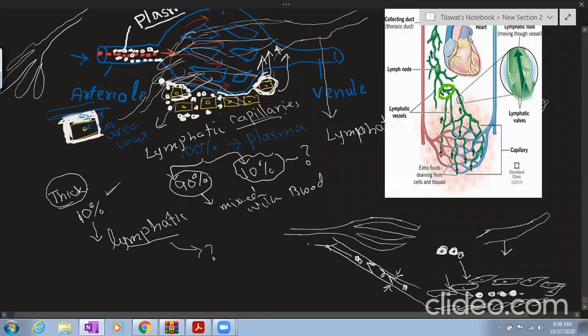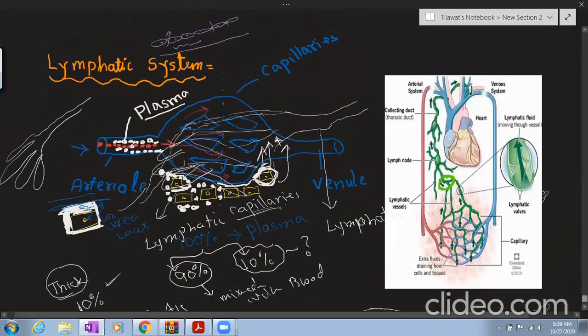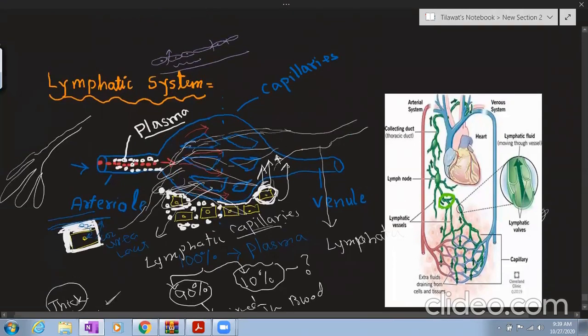toward. So that is going through that, right? And at last, where will that lymph come? That lymph will mix with your venous system. It will mix with your subclavian vein, right? You can see here, that lymph came here and mixed with your venous system here. That means it mixes with your vein, especially the subclavian vein.